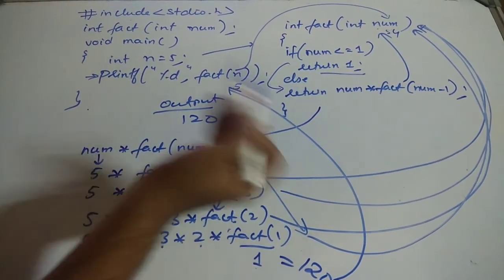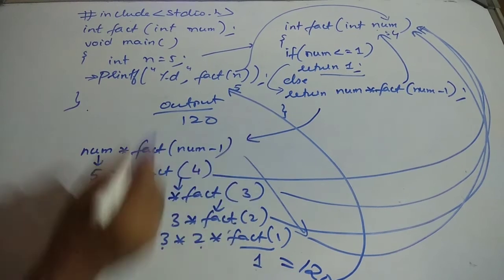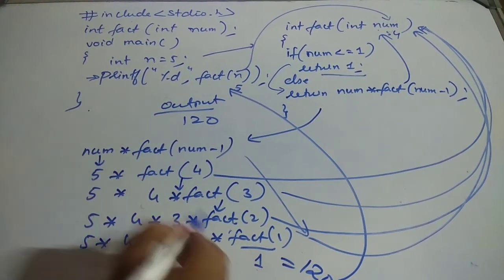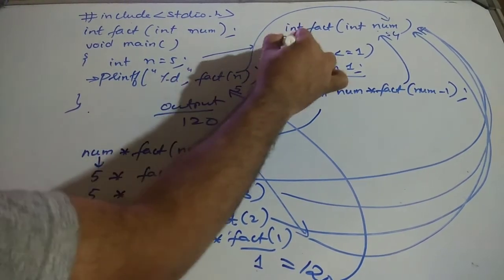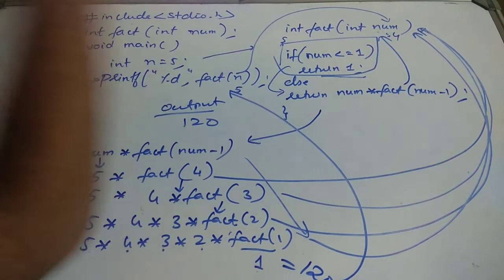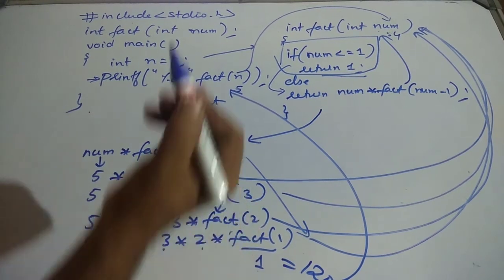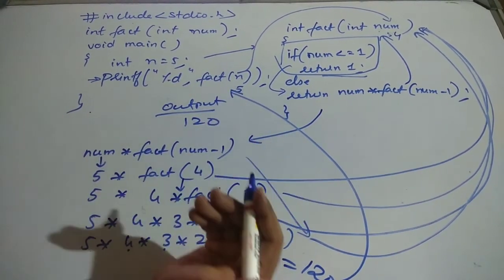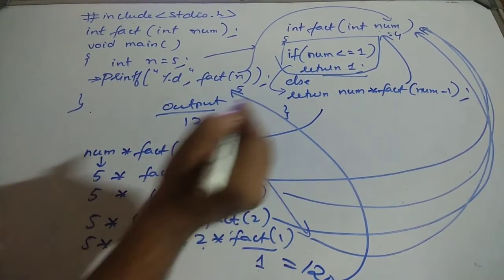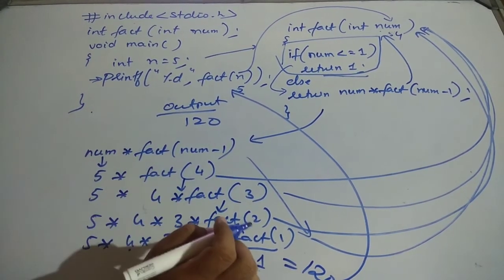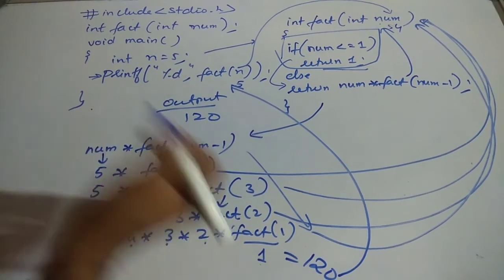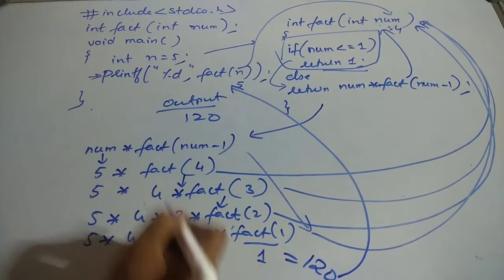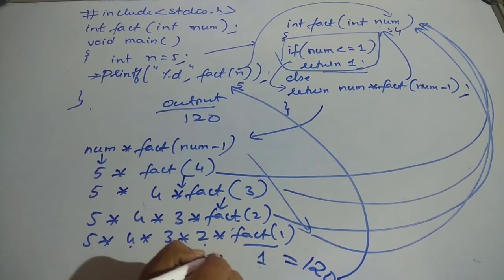This kind of value should be there and somewhere we should reach the base condition. If we don't reach the base condition, what happens? It goes into an infinite loop. So always remember, whenever you are writing a recursive function, make sure you write the base condition. The base condition can be a single condition or more than one condition as per the requirement of the problem. Is it clear to all of you? Yes, this is the concept of recursion where we are trying to solve factorial of a given number by using recursion.